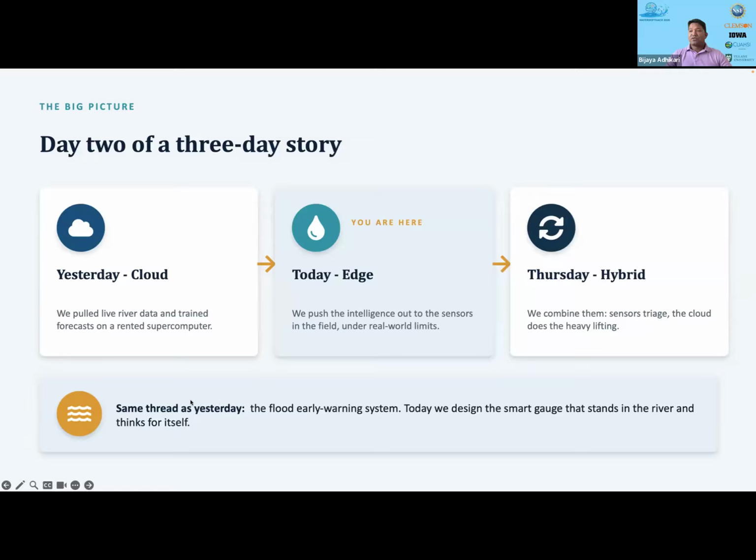So our application is going to be the same thread as yesterday. So we'll try to build a flood early warning system. Today we'll design the smart gauge that stands in the river and thinks for itself, right? But you cannot do large scale machine learning training there. So it has to be a lot more simplistic than yesterday,